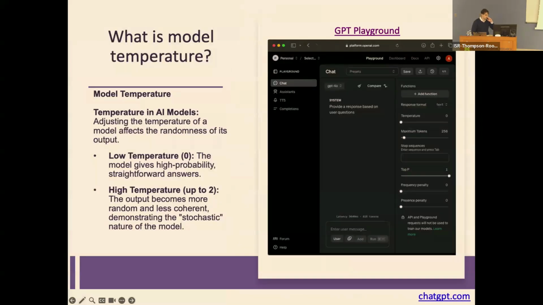So moving along to what is model temperature? Model temperature refers to how random a model is by default. ChatGPT has a temperature of 1, the lowest being 0, and high temperature up to 2. So why is this built into models? Well,